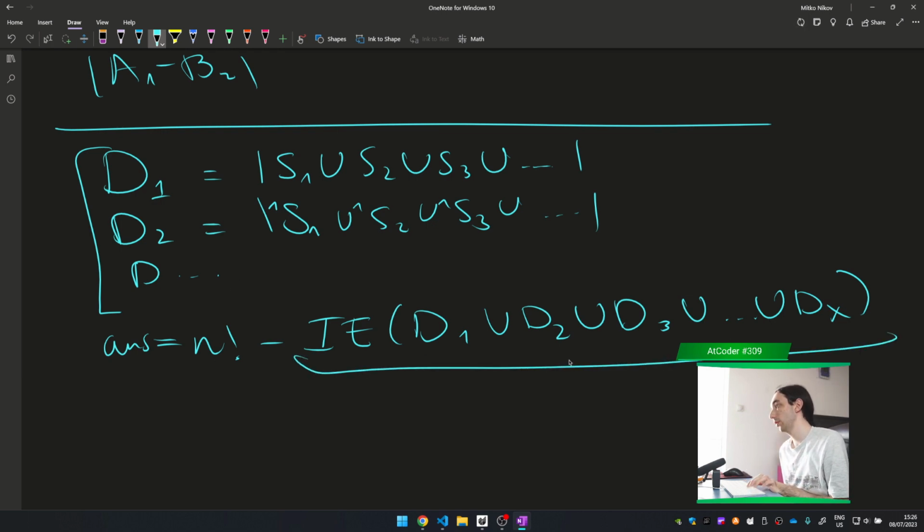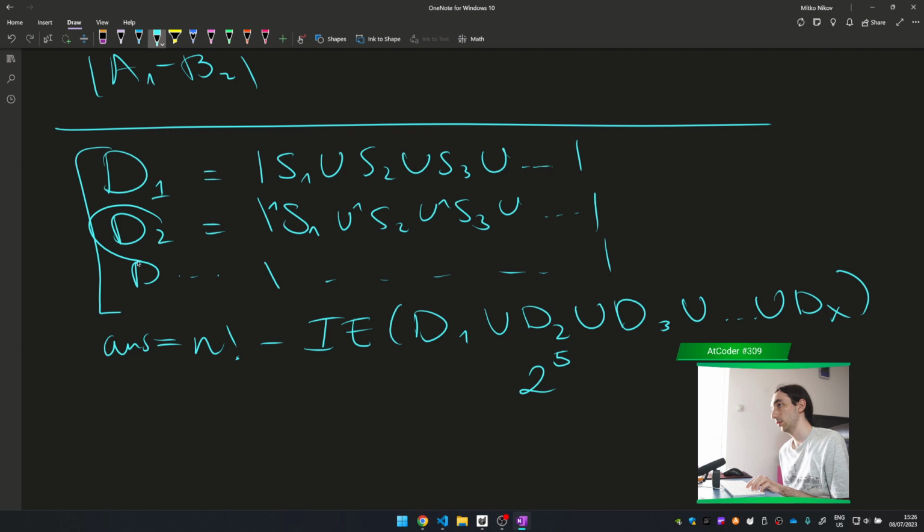This inclusion exclusion is 2 to the power of 5 or something, right? So this is not a problem, but if we have calculated all of these d's, this is not a problem. But how to calculate each individual d? So this is the arrangements that switch one element to like